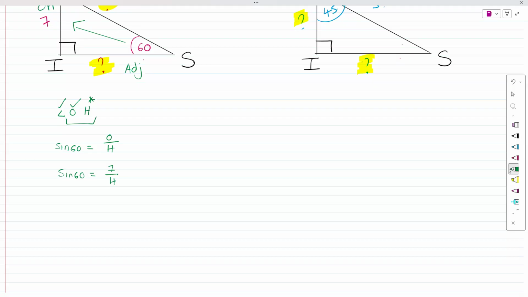You take h over and you divide 7 by sine 60. You're correct. So now you can memorize that when the unknown is on the bottom, you can just divide. But for now, don't do anything complicated. Later on, when you're comfortable with it,